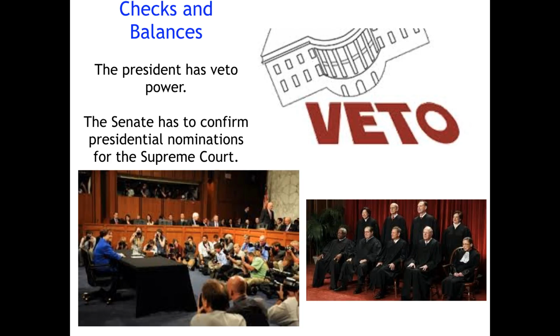And what we mean by that is they want to know everything about you. They want to know your bank accounts. They want to know everything you've done. Can you account for everything since you were probably 18? And they want to know about your paper trail. And what that means is what are the decisions that you've been part of. But so anything that is heavily negative probably will keep you from being nominated to the court, simply because a president does not want the embarrassment of having a nomination defeated in the Senate.